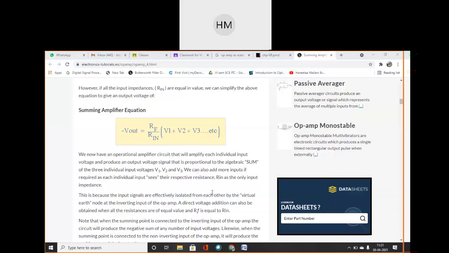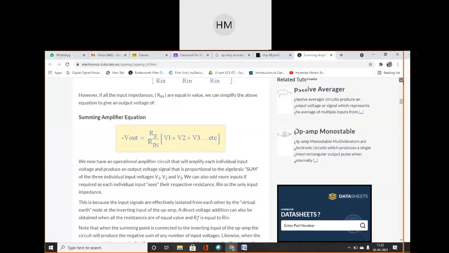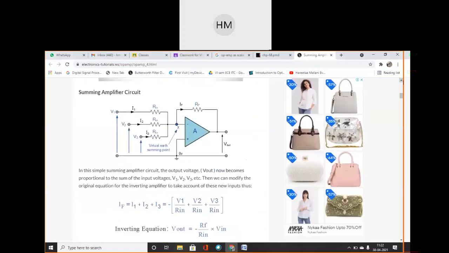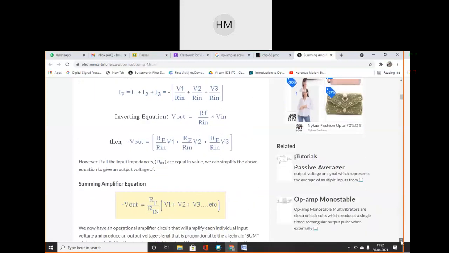One is to one. Very good. It should be 1:1. So RF should be equal to Rin. Then only I can get this value. So whenever you draw the circuit, you can design your own circuit, and this value should be the same. If RF is 1 kilo ohm, then Rin should also be 1 kilo ohm. Then only you will get a perfect adder circuit.